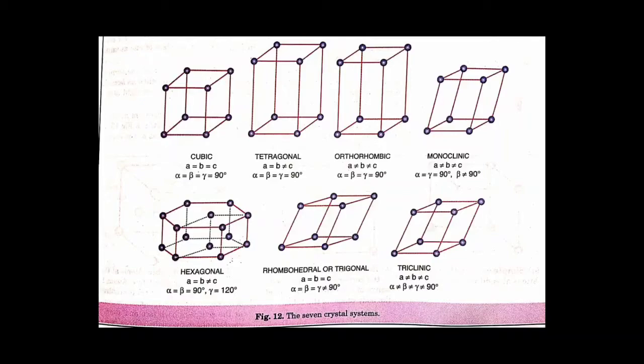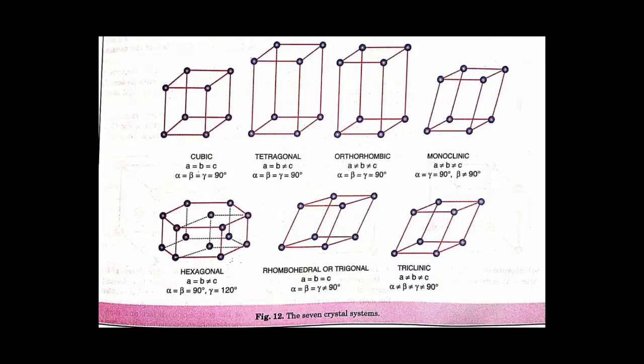So as I told you that there are 7 types of simple crystals, depending upon the 2 parameters of unit cell, that is edge length and the angle between the edges. Okay. So you can see over here the edge and angle criteria are given: cubic, tetragonal, orthorhombic, monoclinic, hexagonal, rhombohedral, also called trigonal, and triclinic. Okay. And in all of the 7 crystal systems, these parameters are different.